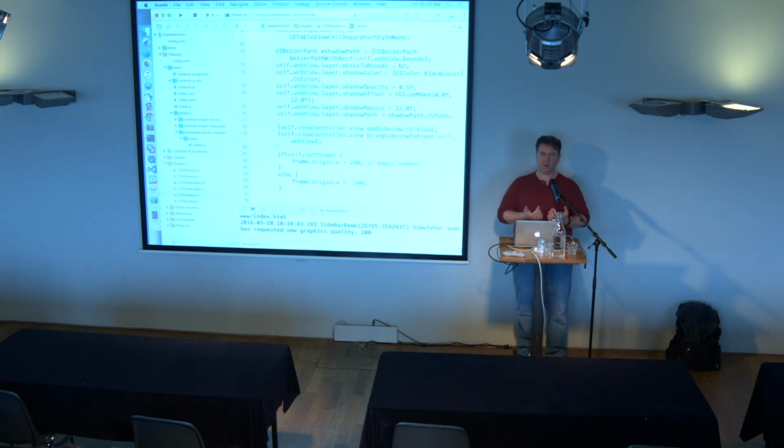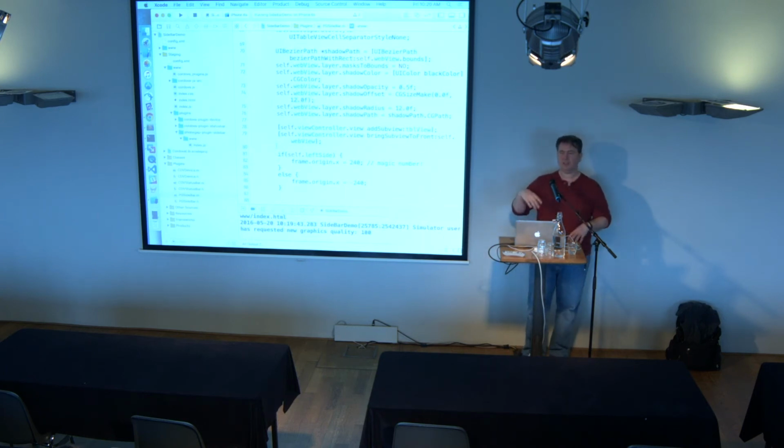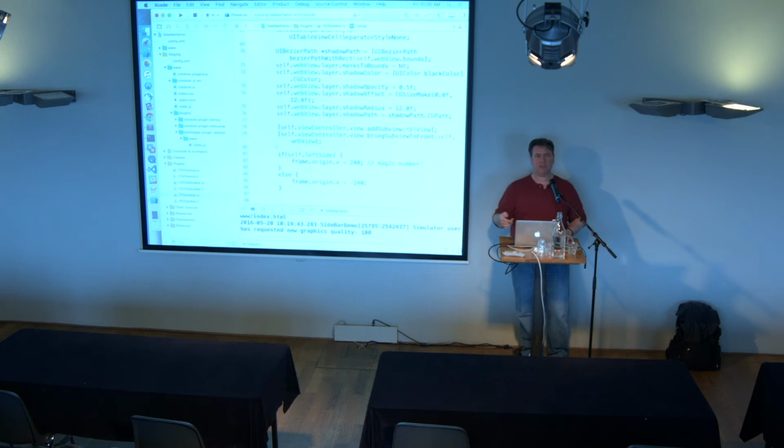And what I didn't know is that the status bar plugin, which came along a little bit later, was rendering its own view slightly in front of mine. Actually, it was installing first, pushing itself to the back, and then I was pushing back behind it. So all of a sudden, my table view wasn't interactive because there was this scroll view that I had no idea was there. So I had to adjust the code